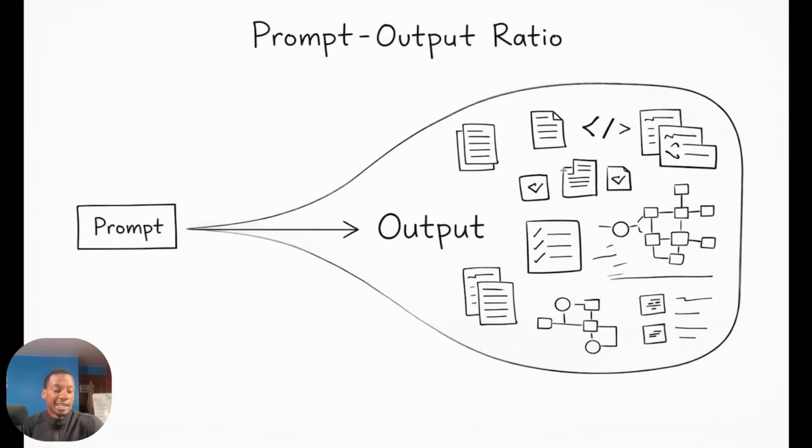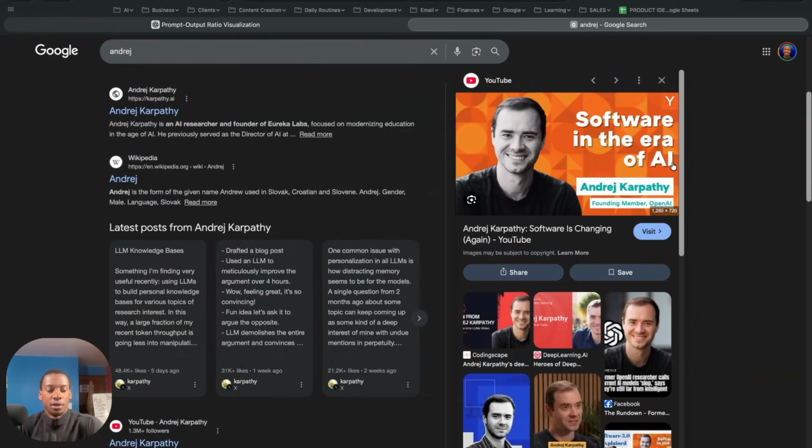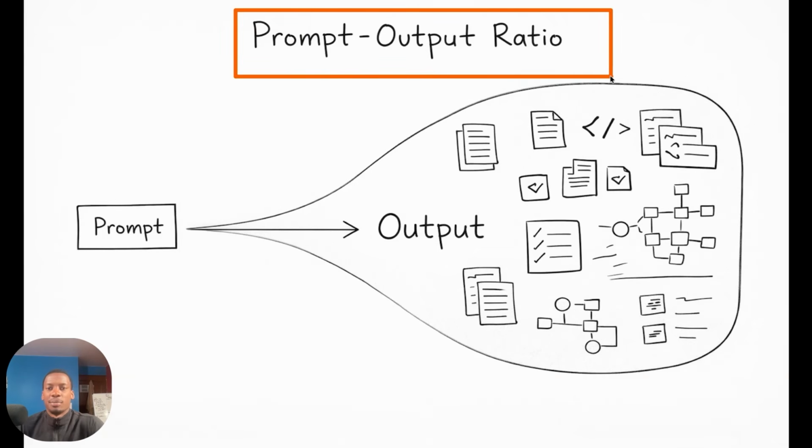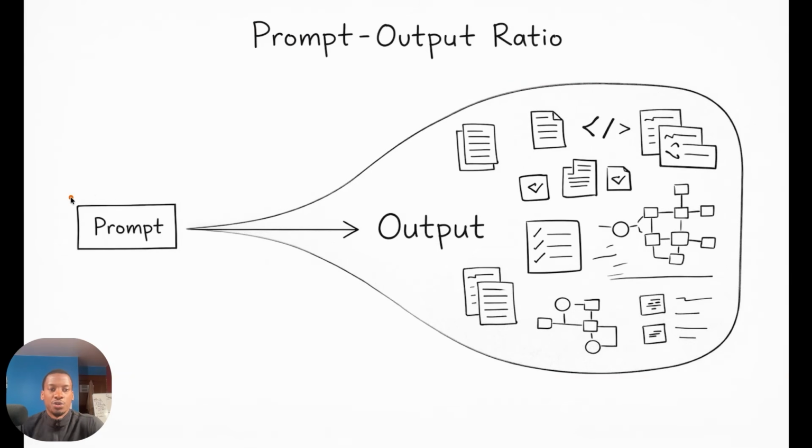The last thing I want to leave you guys with is this idea that I got from Andre Karpathy, who is, if you don't know, was one of the early members of OpenAI, head of AI at Tesla. But basically, he has this idea of the prompt to output ratio, basically where you want to do the minimal amount of prompting to get the absolute most amount of output that you can from AI. And so building out this knowledge base with something like Obsidian or just using regular folders where Cowork or Claude Code or wherever AI you're using has the context about your firm, about your business, this gives you a much better prompt to output ratio.